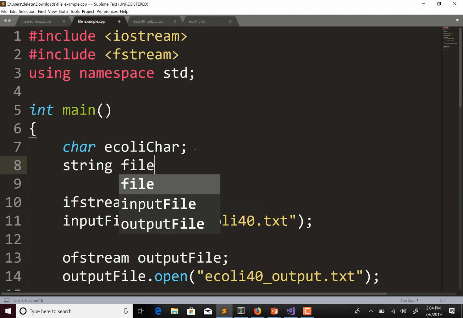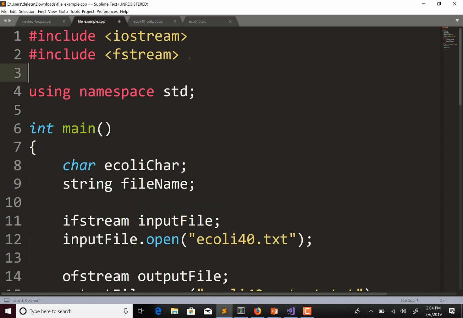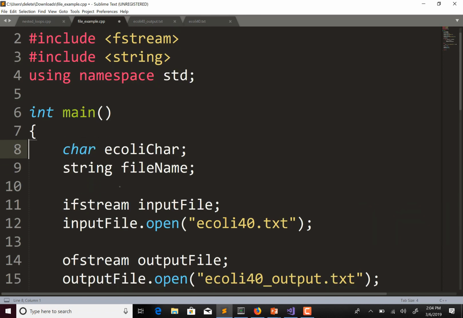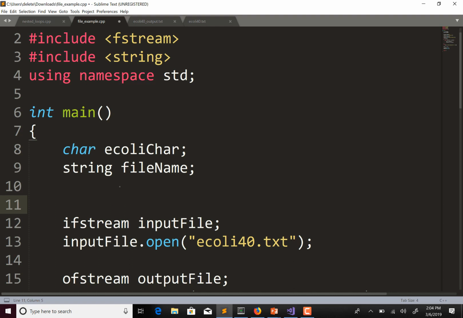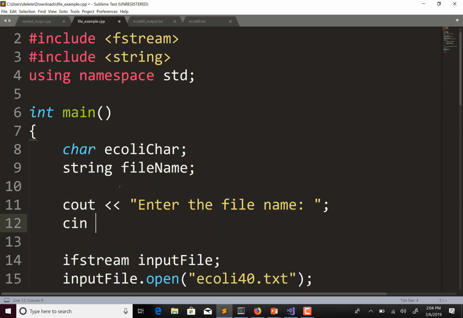So I'm just going to call this string file name. And we need the string library, so pound include string. And then I'm going to ask the user for the file name, so cout, enter the file name, and then cin